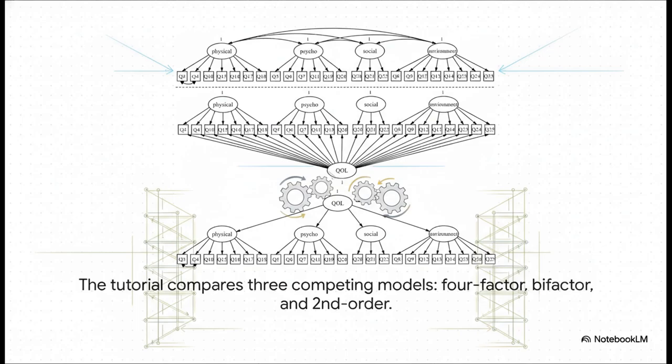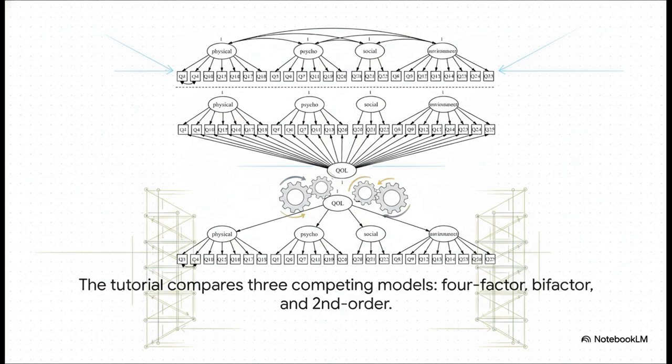Now check this out. The tutorial shows how you can go beyond just a simple confirmation. So instead of only testing the one established model, it actually compares 3 different theoretically plausible alternatives: the standard 4-factor model, a bifactor model, and a second-order model. This really highlights a key idea. Good CFA isn't just about checking a box. It's about thoughtful model